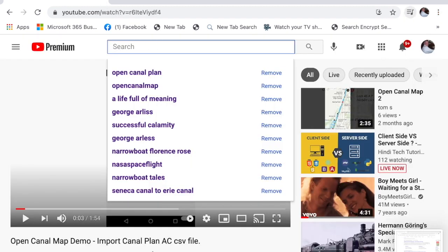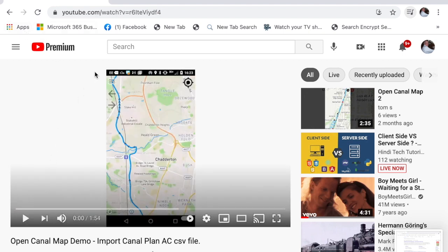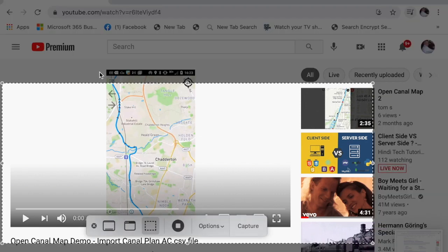You know, I absolutely love this tool. This is the Open Canal Plan. It works for the iPhone and it works for an Android phone. Unfortunately, I don't believe it works for the MacBook. I played around with it the other day and I couldn't get it to come down to my MacBook. This is what I use when I'm actually on a canal. And